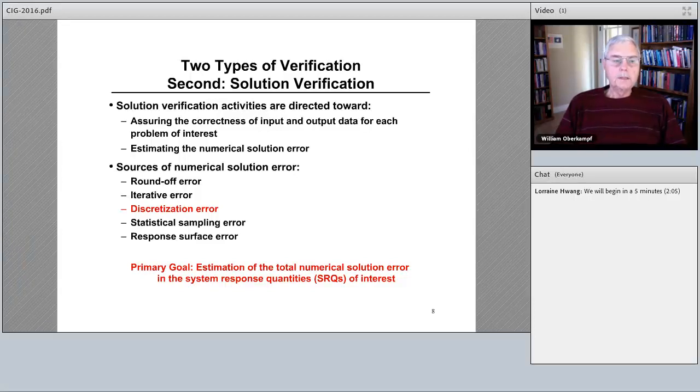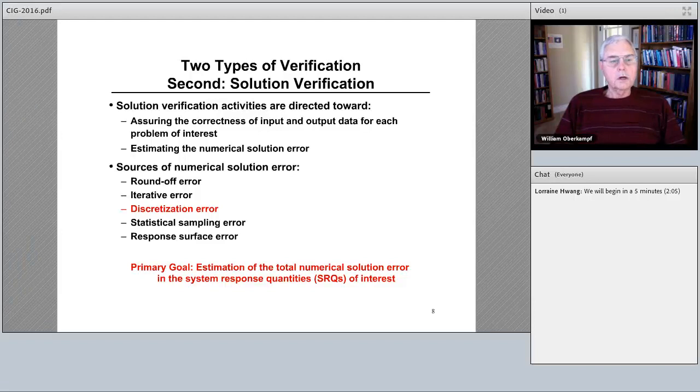And then discretization error is usually the most troublesome because this requires a fine enough mesh or element size. You use finite elements, for example. And then there's a completely separate source, which is statistical sampling. If you have a non-deterministic simulation, it actually produces multiple simulations. For example, if you have a Monte Carlo simulation, you may have hundreds or thousands or tens of thousands, for example, if you want to calculate the probability of a rare event.